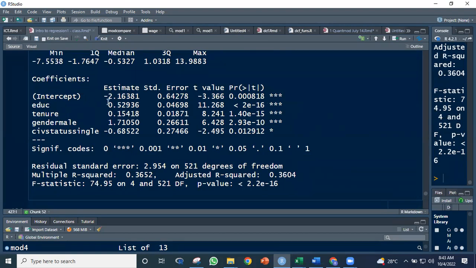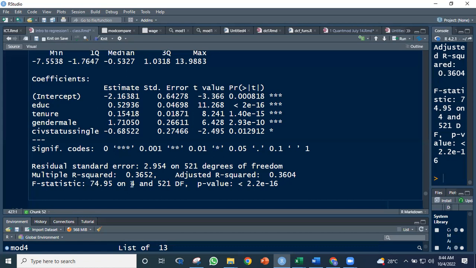Okay, the individual t-test tells us that all the predictors are statistically significant, some at 0.001, some, like this civil status, significant at the 0.05 level of significance. Then you have this overall goodness of fit test, where we're testing if beta 1 is equal to beta 2 is equal to beta 3 is equal to beta 4 is equal to 0. And then our conclusion is